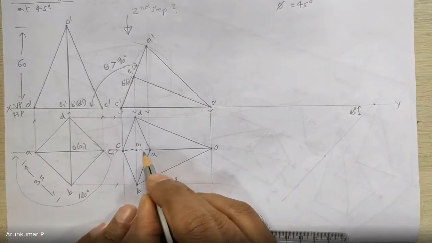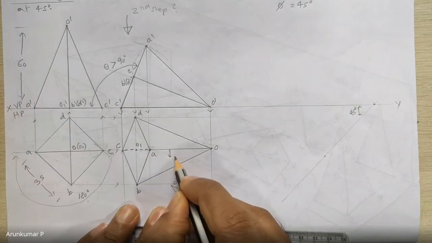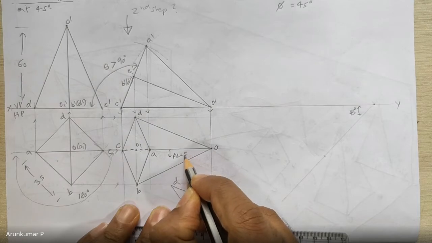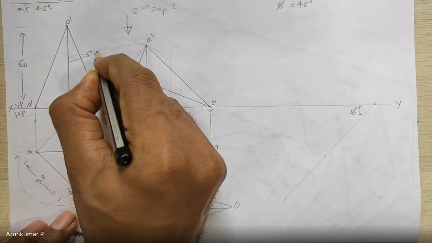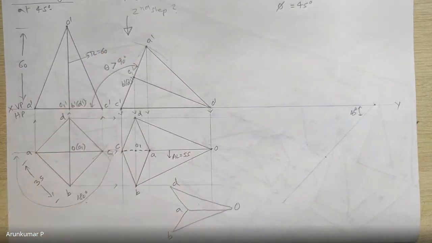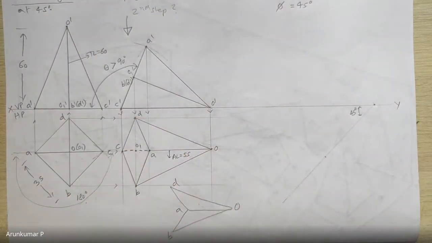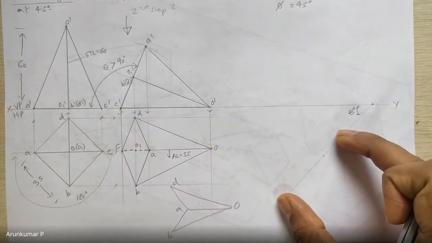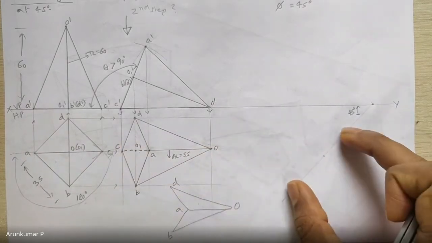So the axis O O1, this is the apparent length and it is around 55 mm. Whereas this is the true length and it is 60 mm. Got it? So this is a true length 60 mm, this is the apparent length 55 mm. Now this 55 mm is what you can keep here. But can you do that? You cannot. You cannot keep an apparent length on a true inclination.